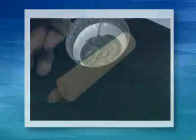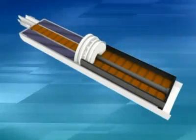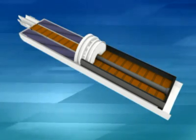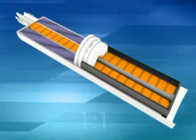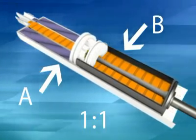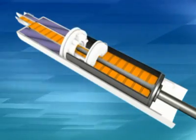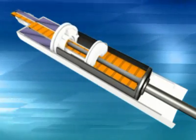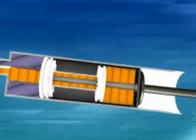The UTAH cartridge works because of its unique, innovative design that mixes both epoxy components to your exact specifications. Within the cartridge, the A material is stored in front of the B material. To dispense the material at a 1-to-1 ratio, the user simply pushes the plunger into the cartridge to advance the back chamber. This forces the B material forward through the interior transfer tube, while simultaneously dispensing the A material through